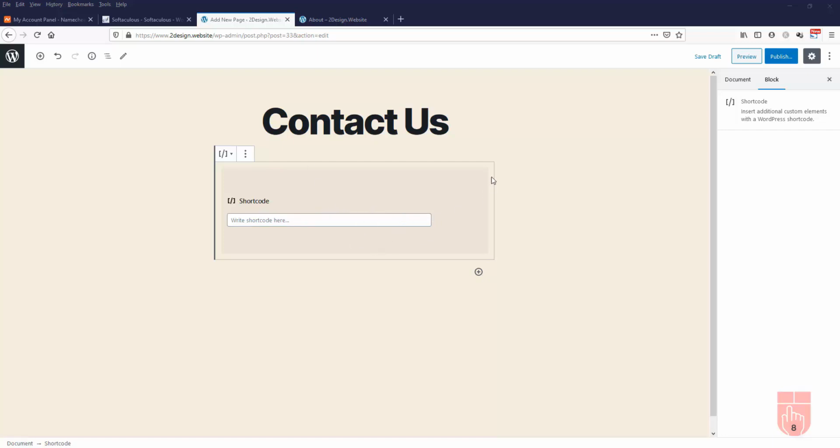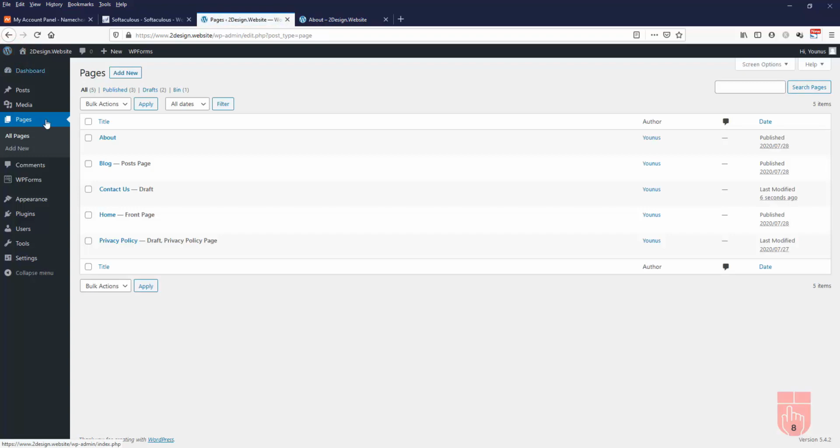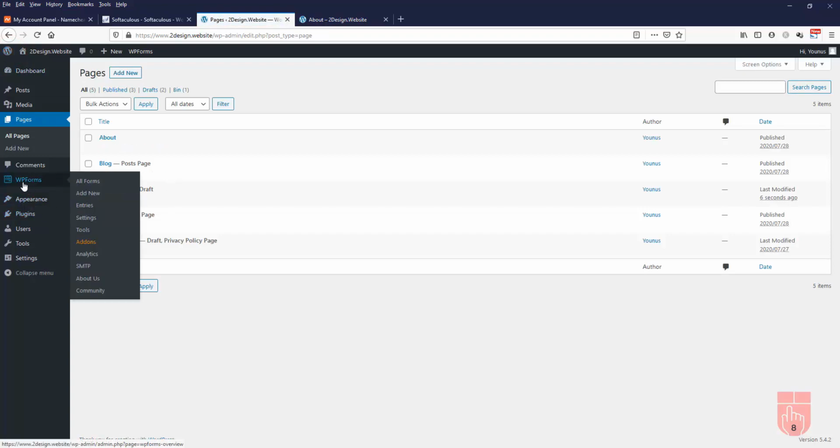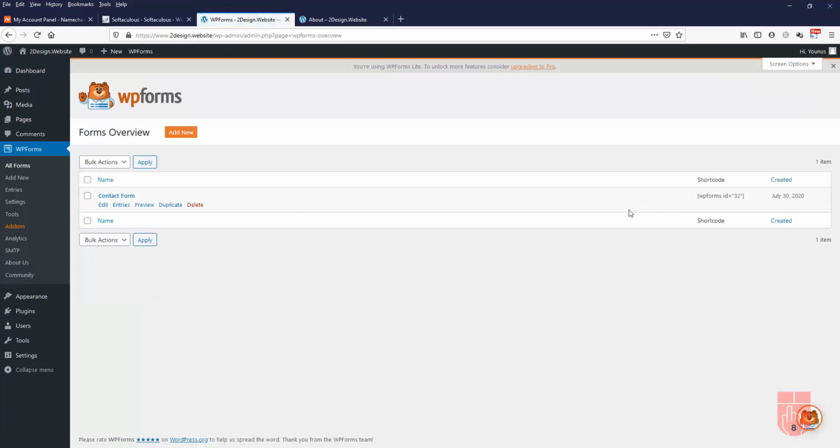So to do that, I'm going to first save as a draft, and then I'll go to the view pages, and then I will go to the WP forms, and then here if I click on the all forms link, it is showing me the shortcode for my contact form. Just copy this shortcode for this contact form and go back to the pages,